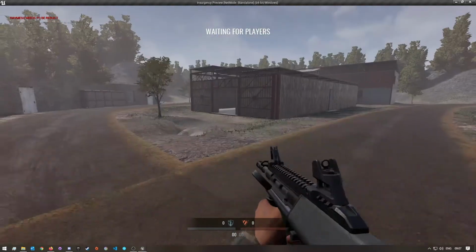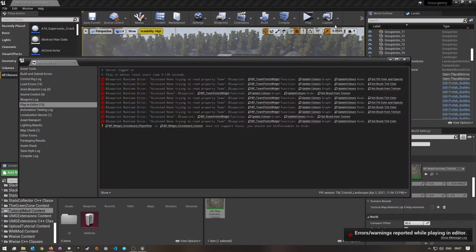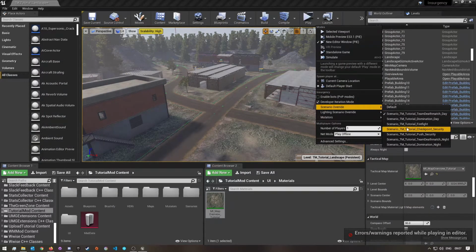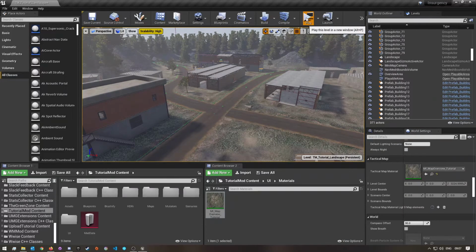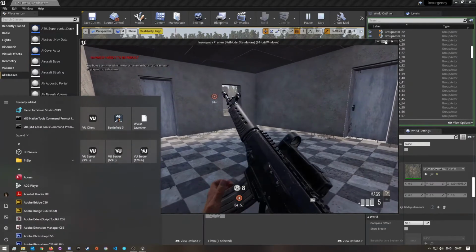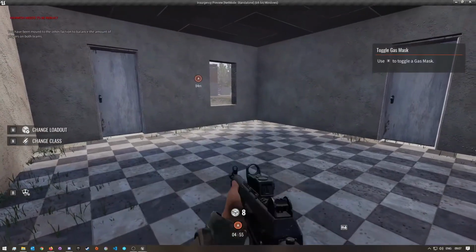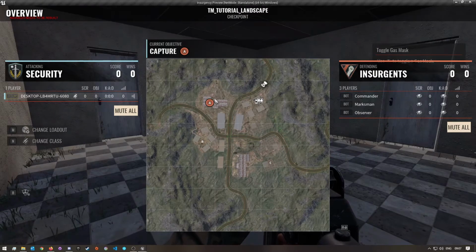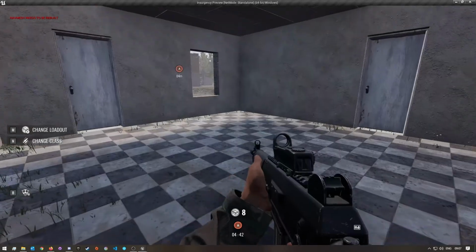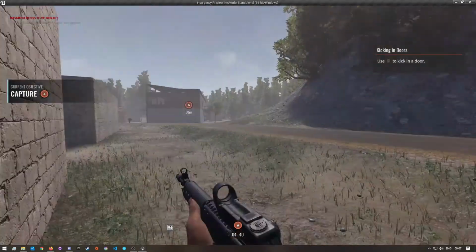And so yeah, let's quickly close this, and I'll quickly play my checkpoint scenario and just make sure that works. So let's quickly come down, checkpoint, play. Okay, I don't have the bots enabled, but that's fine. And so over here you guys will see there is my A, there is B, and there is C. So the reason why I know these are on the correct spots is because that's exactly where I put my objectives. And so we can quickly run over here